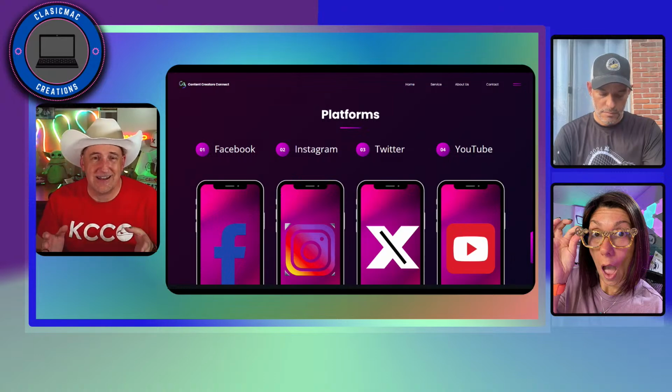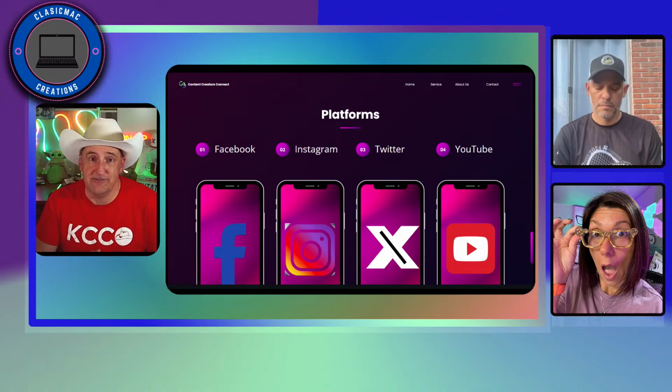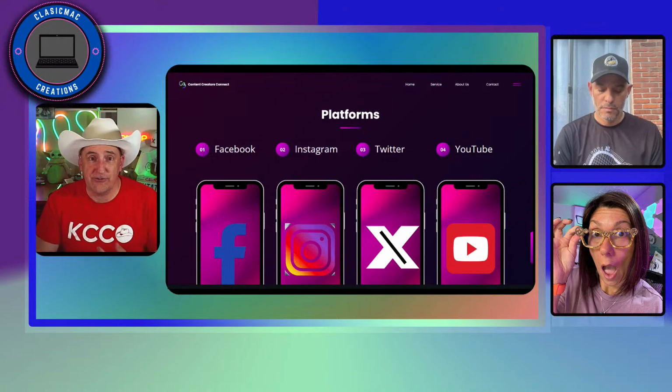These are ones that I actually have installed on my device. There are also Snapchat, TikTok, and I don't know what other ones are out there that are up and coming.